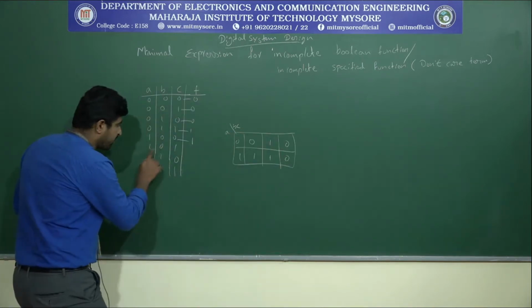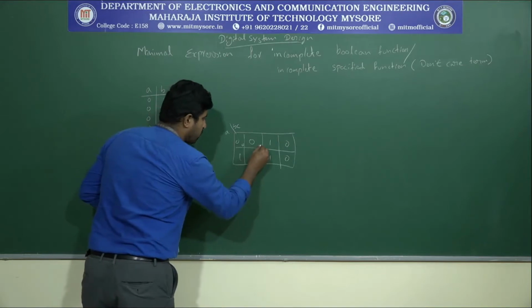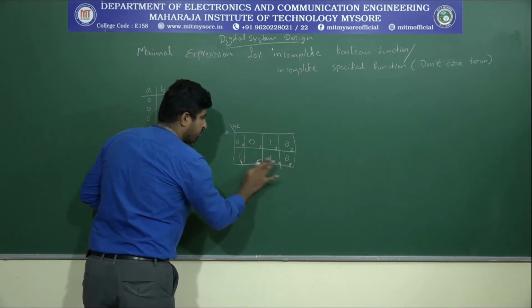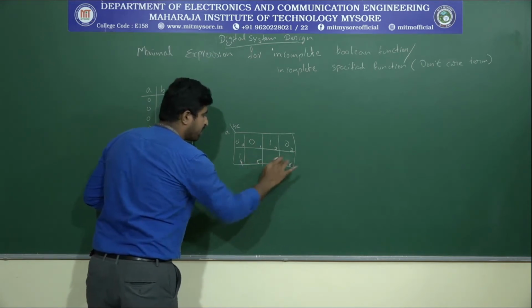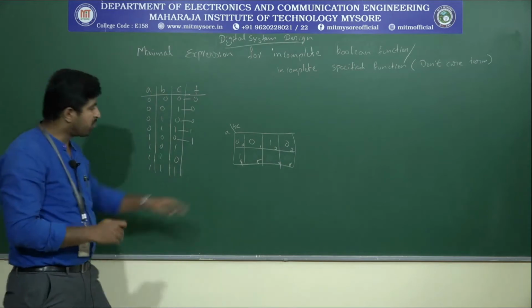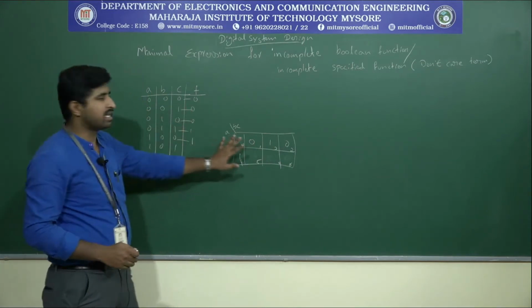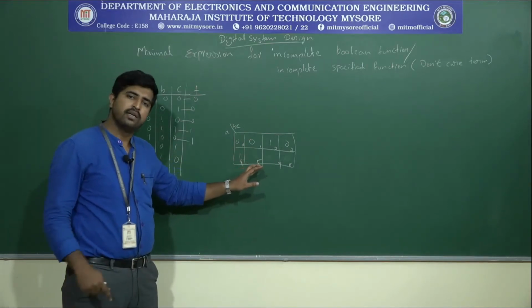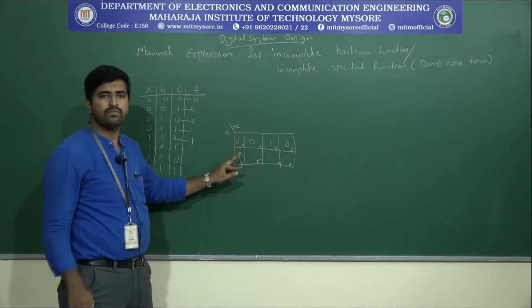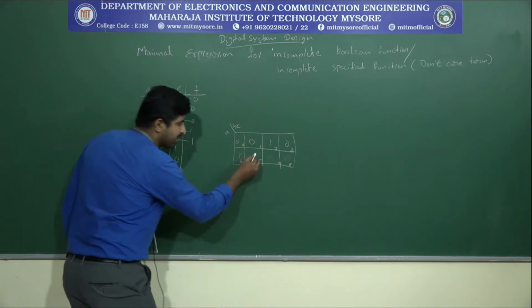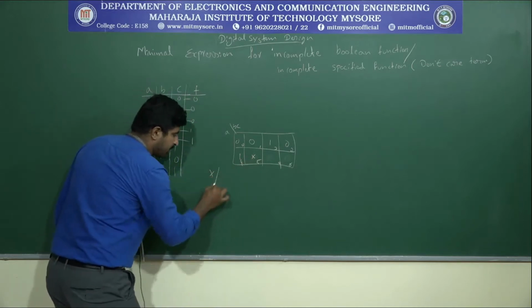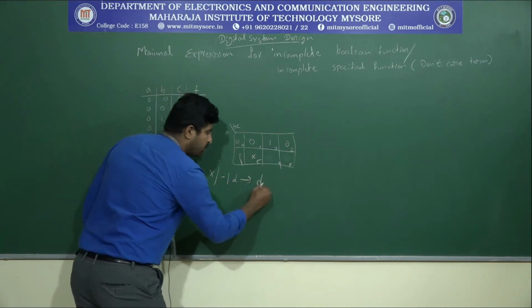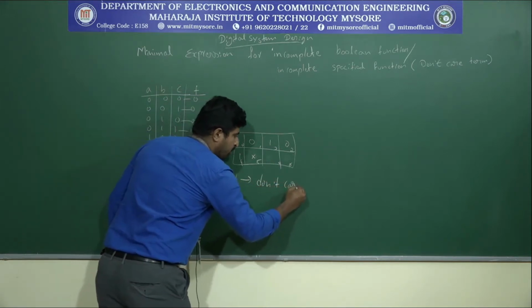So that means here 5, 6, 7. There is 0, 1, 2, 3, 4, 5, 6, 7. For 5, 6, 7 we won't write a 0 or 1. Then what do we write? For any incomplete function, we need to assign a symbol other than 0 or 1. Usually we indicate it with an x, or sometimes with a dash, or sometimes we write a d, and this corresponds to the don't care term.